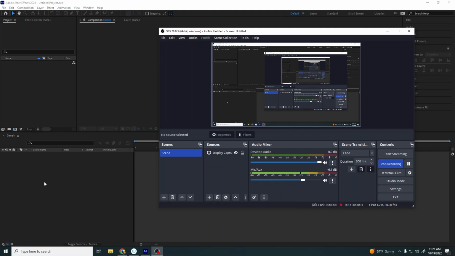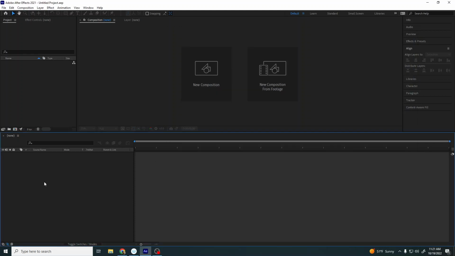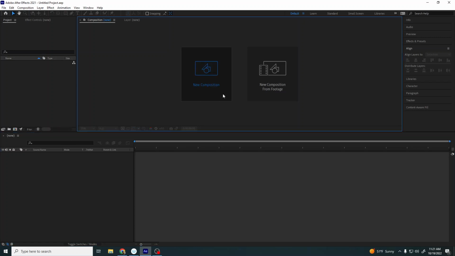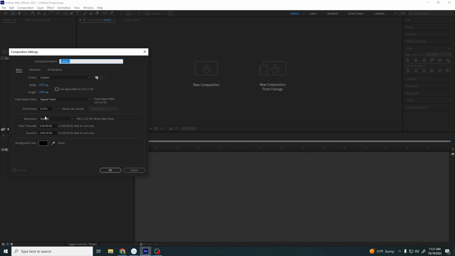Hey guys, so we're going to do another quick experiment with our slider controls and with our expressions and how we can link our expressions together. We can modify our expressions as they're linked together with different things here. So let's take a look over here at our new composition, and I'm going to make it 1920 by 1080,